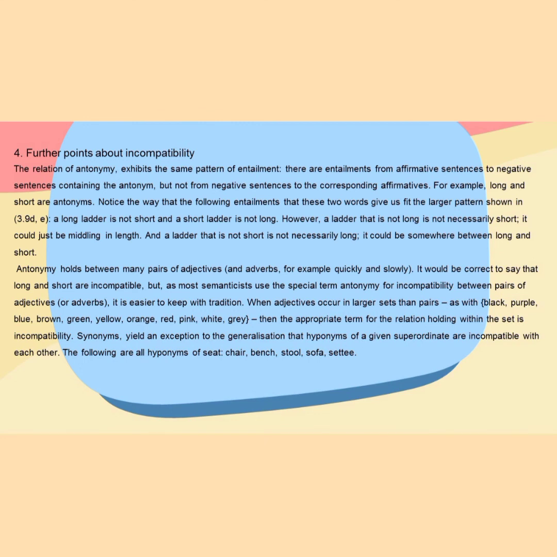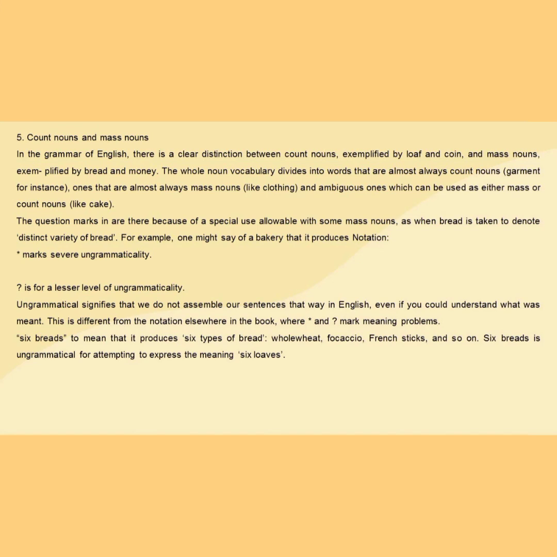Number 5. Count nouns and mass nouns. In the grammar of English, there is a clear distinction between count nouns, exemplified by love and coin, and mass nouns, exemplified by bread and money. The whole noun vocabulary is divided into words that are almost always count nouns, ones that are almost always mass nouns, like